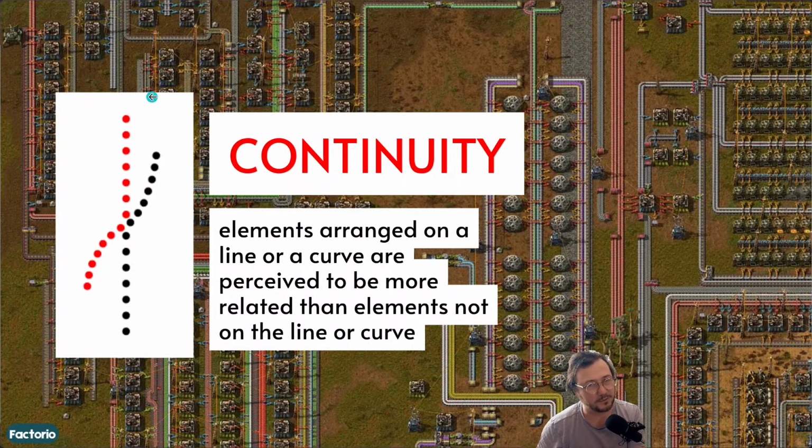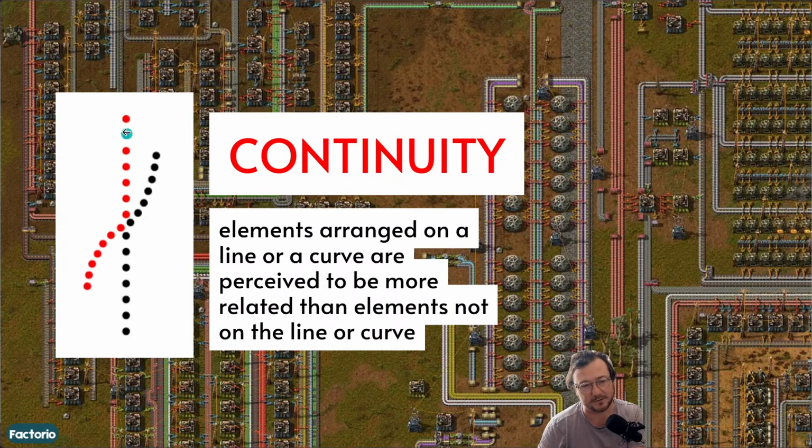Continuity. This was a hard one to find a game example of. So this is the visual demonstration of this principle that you see all of the time: when we put things on a line or a curve, we see them as related. So if you build overlapping lines,